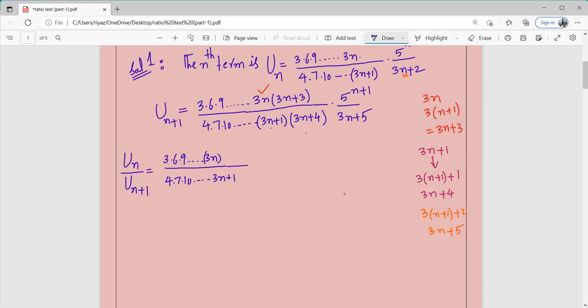इसके साथ ये भी टर्म है ना यहाँ पे, 5 to the power of n divided by 3n+2. This is also there in our un value. It is completely up to here. This is multiplied by 4 into 7 into 10 and so on, 3n+1 into 3n+4. Okay, since we are writing its reciprocal, so this 3n+5 will also go to the numerator,